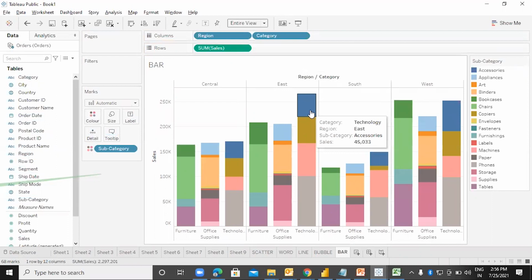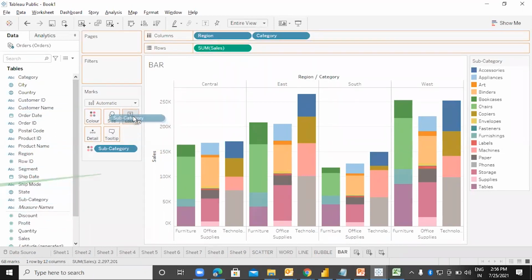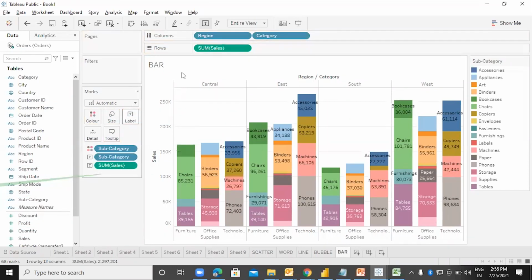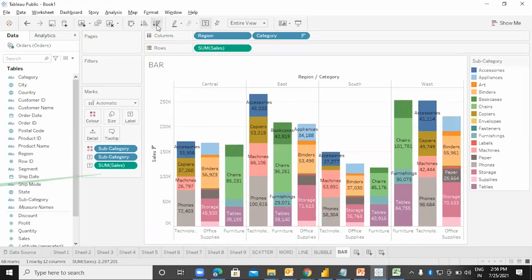And let me put subcategory into the label and sales value also into the table. This is what we are getting over here.